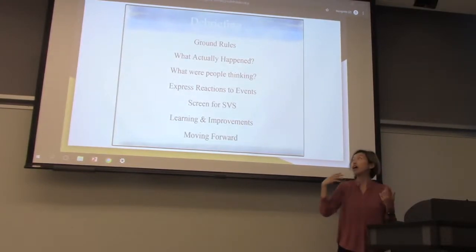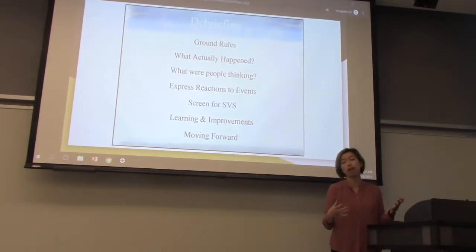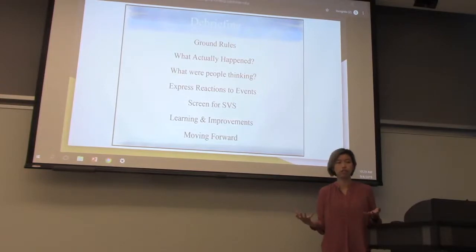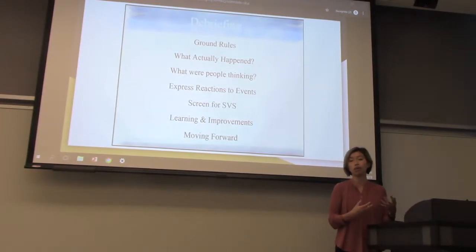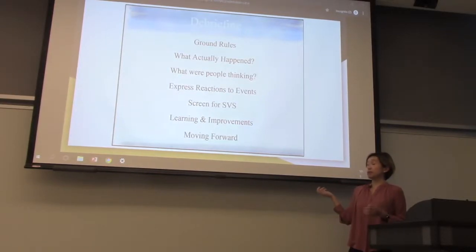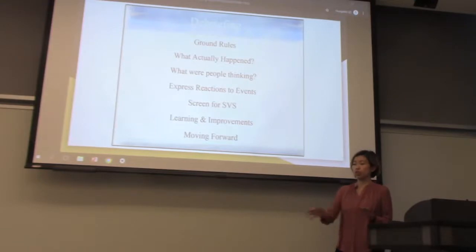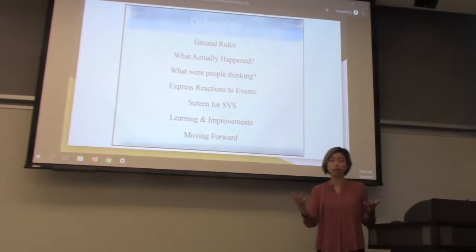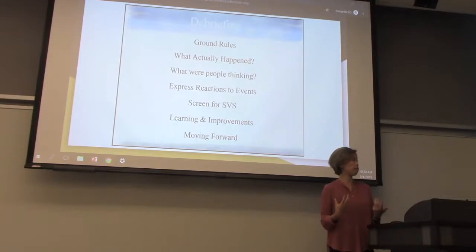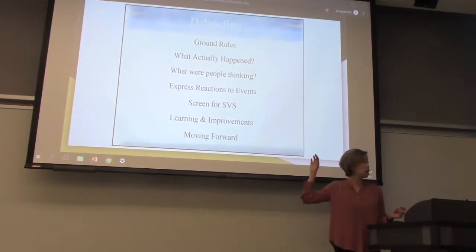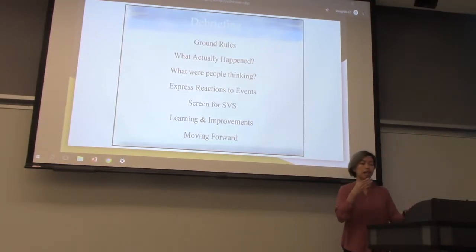3, what were people thinking? So just asking questions of your group. Hey, how do you guys feel? It can be anything. It could be any emotion that you have. It could be that you felt really bad about how a central line was placed, and so forth. And then allowing people to express those reactions, not going straight to correctional statements, but allowing people to express how they felt. And lastly, and 5,